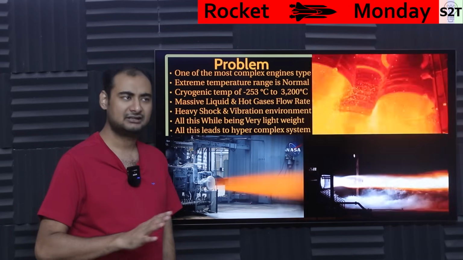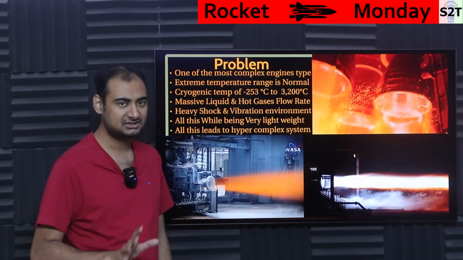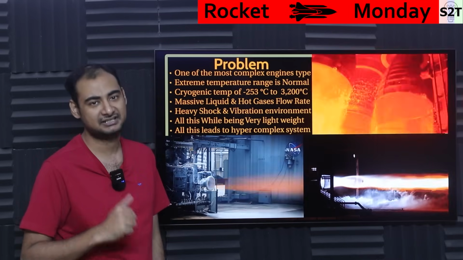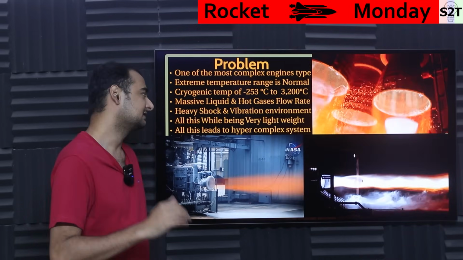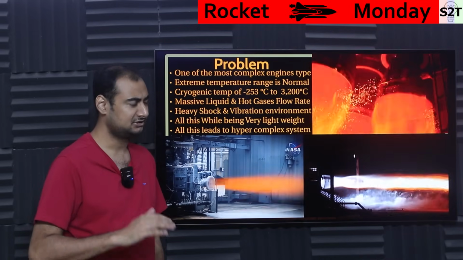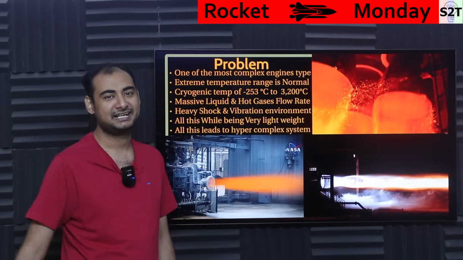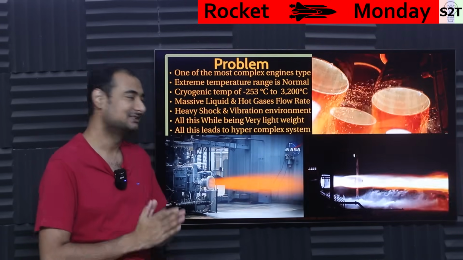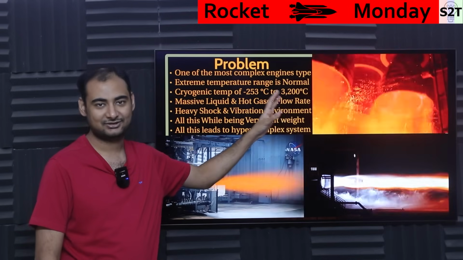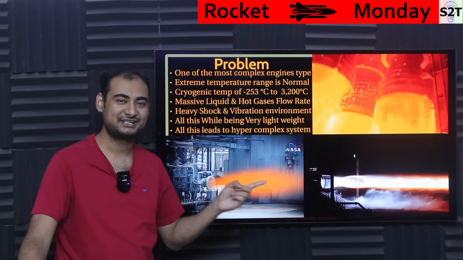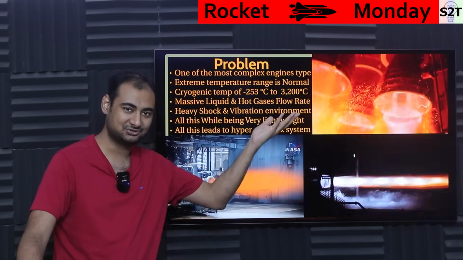And so far, not that difficult actually. Realistically speaking, all these things, something that can handle this sort of temperature, no problem. Something that can handle vibration, environment, all that, no problem. Giant flow rates, no problem. Yeah, make them light, impossible. So that's the whole problem. Making a rocket engine, any Tom, Dick and Harry can do. Make a rocket engine that is light enough that it actually goes to space,